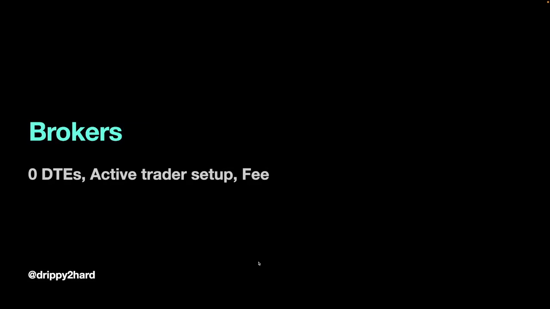And I get a lot of questions on the brokers. So for 0 DTEs, Fidelity, Interactive Brokers, TD Ameritrade, all of them have active trader setup. They allow you to trade SPX, SPY, QQQ after 2 p.m. So ideally, those 3 should be your target for setting up active trader. And we'll go over in depth later on how to do that for each of them. I need some help from the community on this. So if you are using any of these platforms and you have an active trader setup, please reach out to me or mods, and I'll try to accommodate in the video.